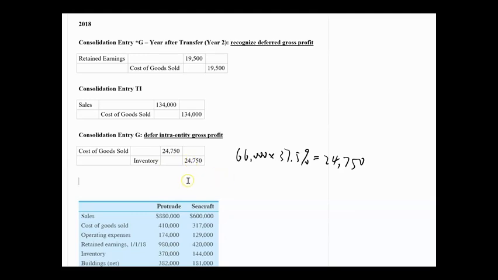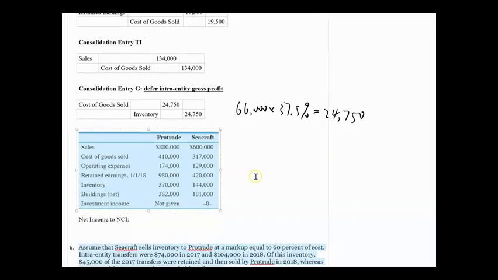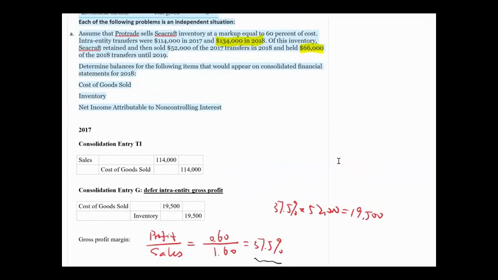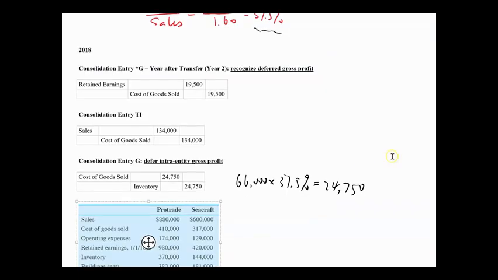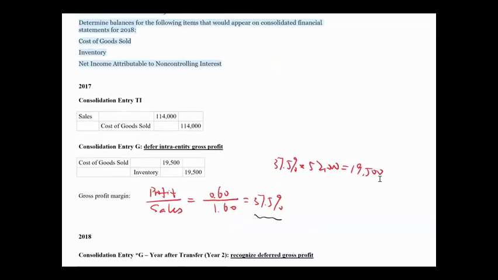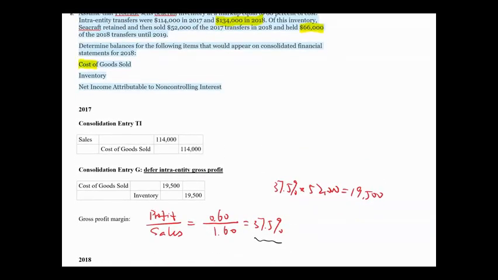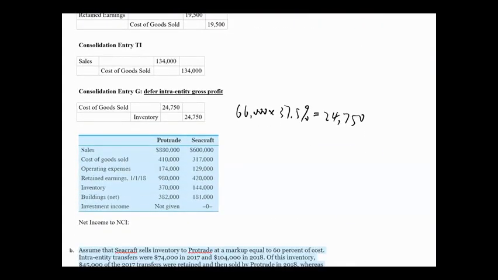All right, so next let's come back to the question. The question asks for the consolidated balance for cost of goods sold, inventory, and net income attributable to the non-controlling interest. So let's have a look at them one by one. First one is cost of goods sold. Cost of goods sold at the end of 2018 starts from the current book amounts,